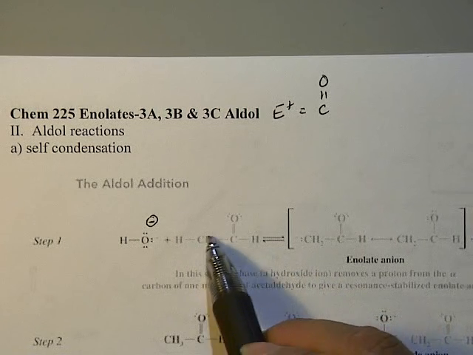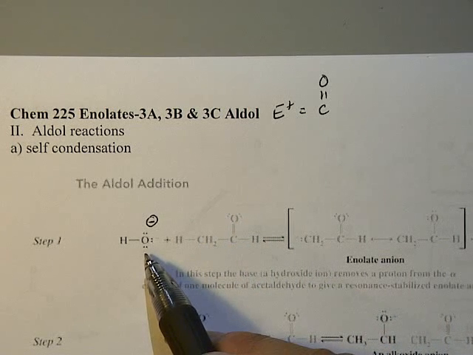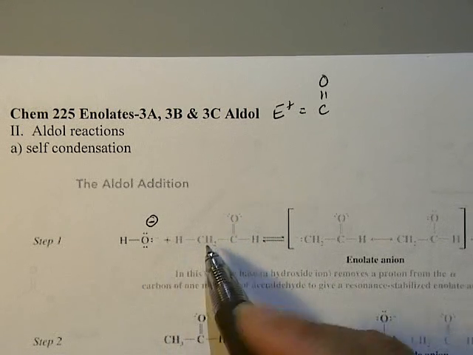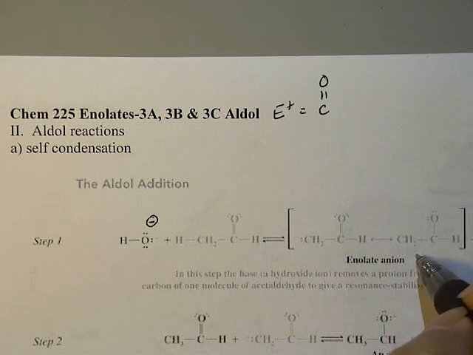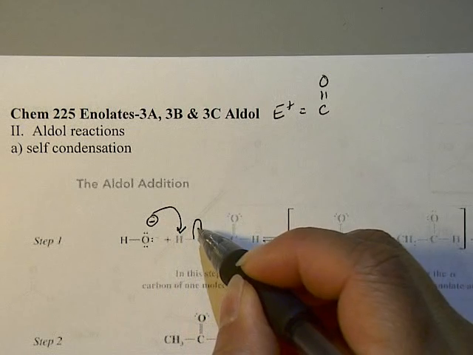The alpha proton is, remember, around 20, hydroxide is around 16. So when you deprotonate and form an enolate anion, which is shown here, where it grabs a proton and